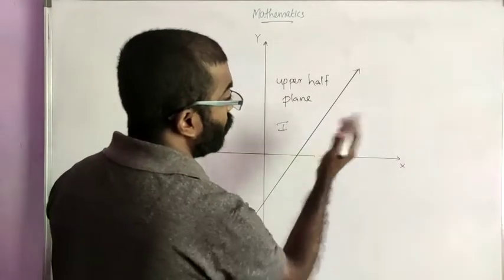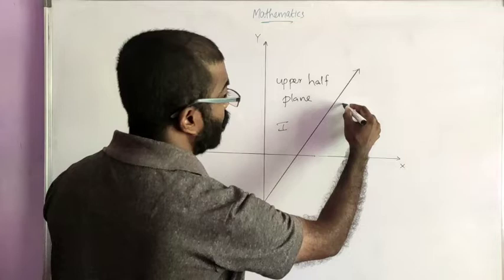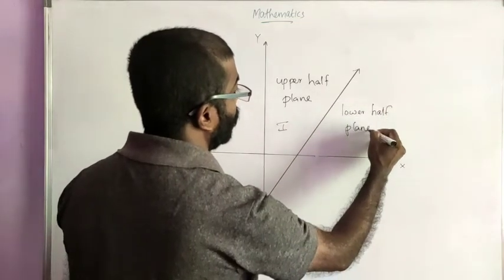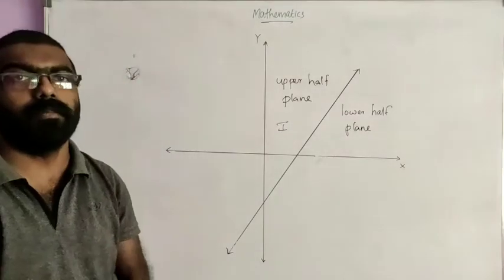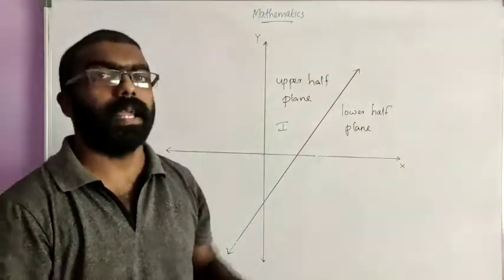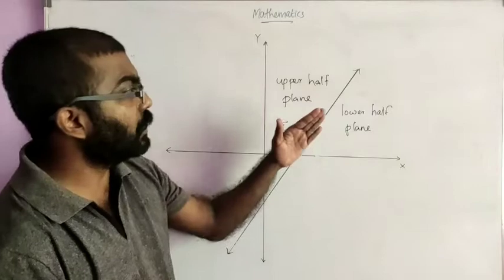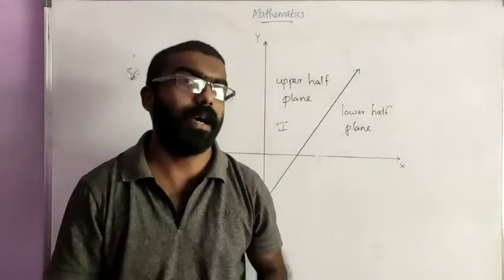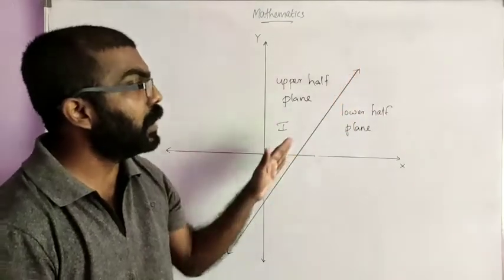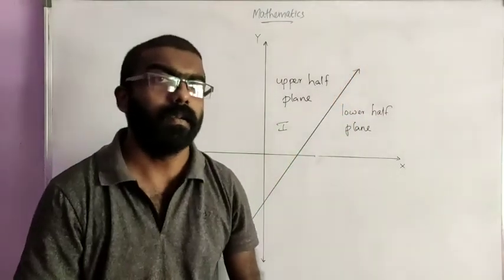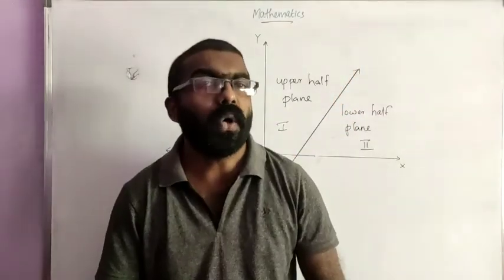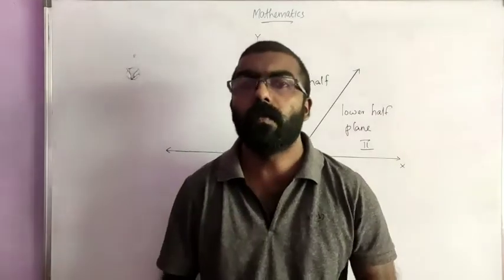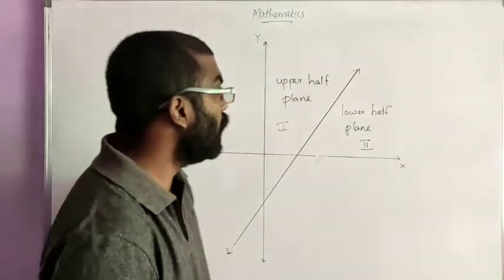And the lower part is known as the lower half plane. So it depends upon the direction of the line we have drawn. So here this is the upper half plane and this part is known as the lower half plane with respect to the non-vertical line. Okay. A point in the Cartesian plane will either lie on the line or will lie either on the half planes